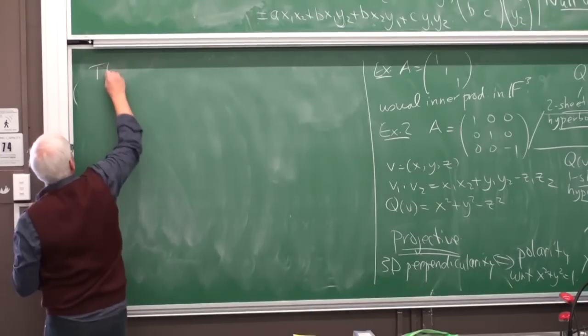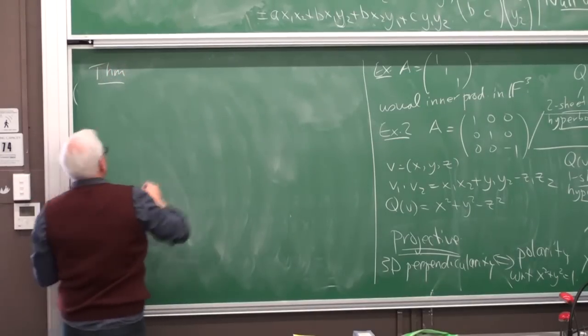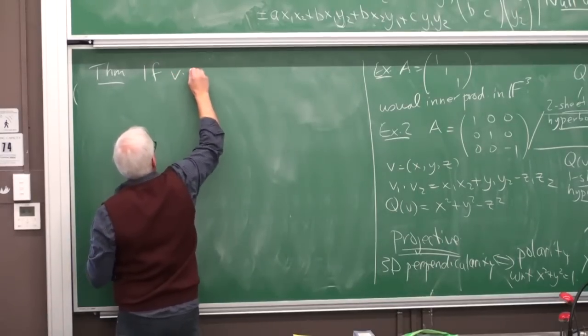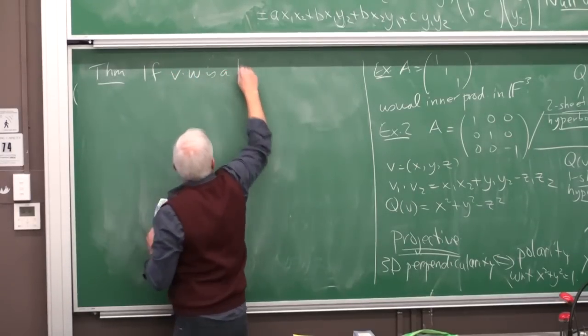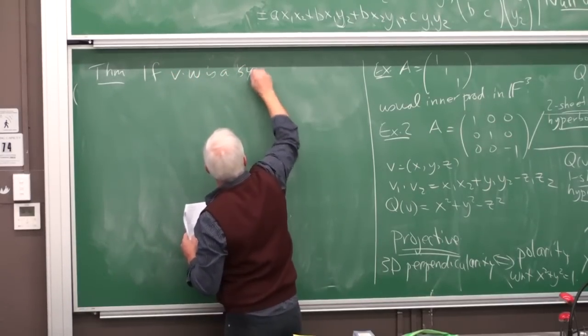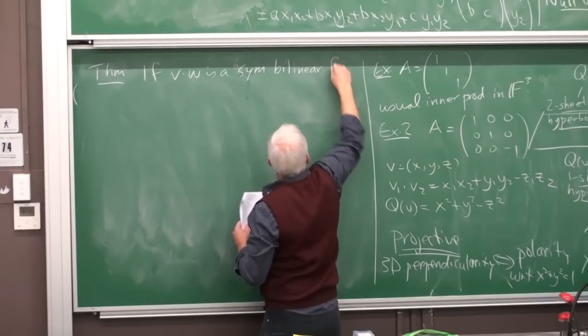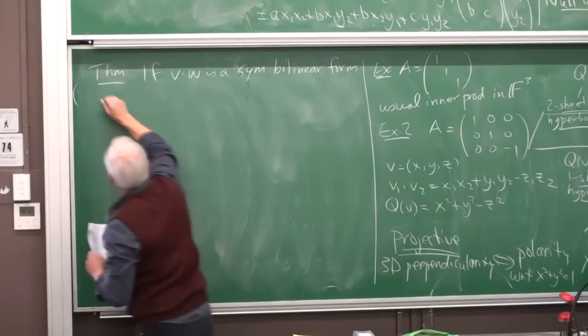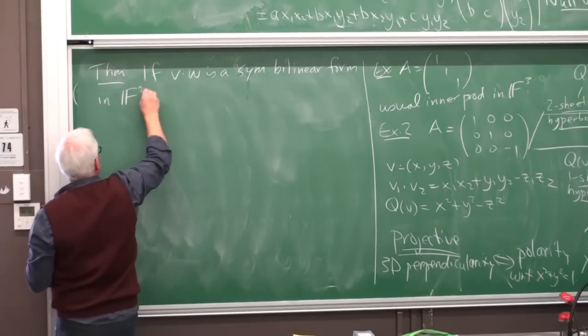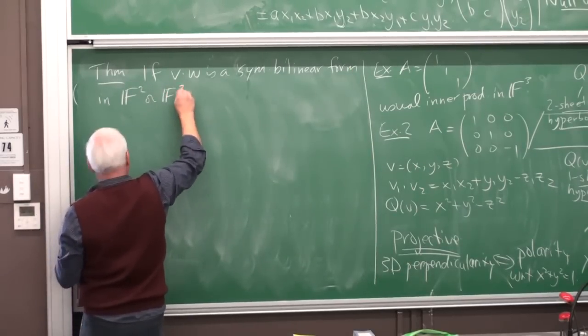So the theorem is that if V dot W is a symmetric bilinear form in, say, 2 dimensions or maybe 3 dimensions,